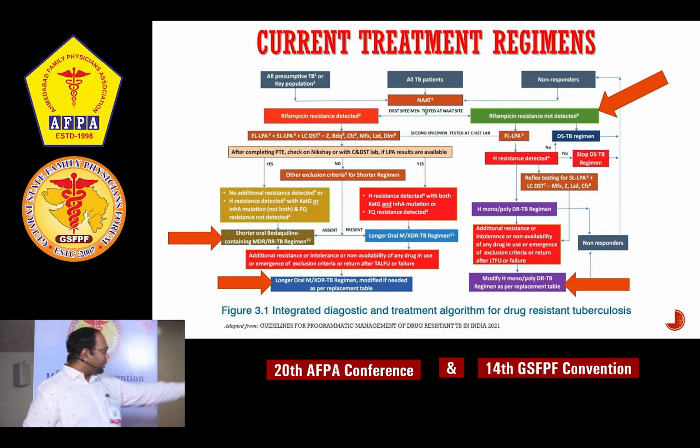First one is rifampicin sensitive tuberculosis, which is drug sensitive tuberculosis, where we use isoniazid, rifampicin, pyrazinamide and ethambutol for 2 months, followed by HRE for the next 4 months, until the disease is properly